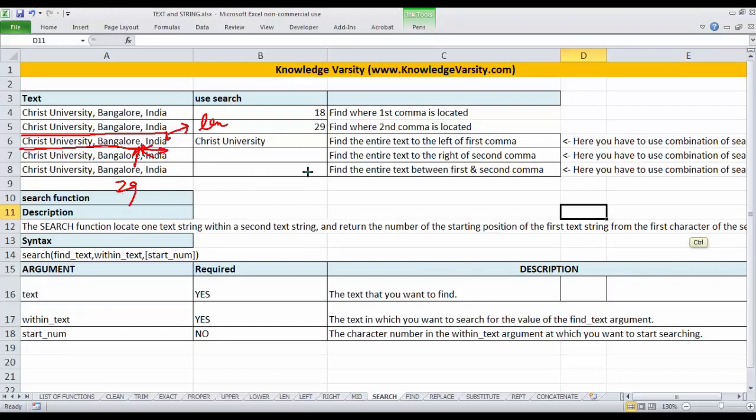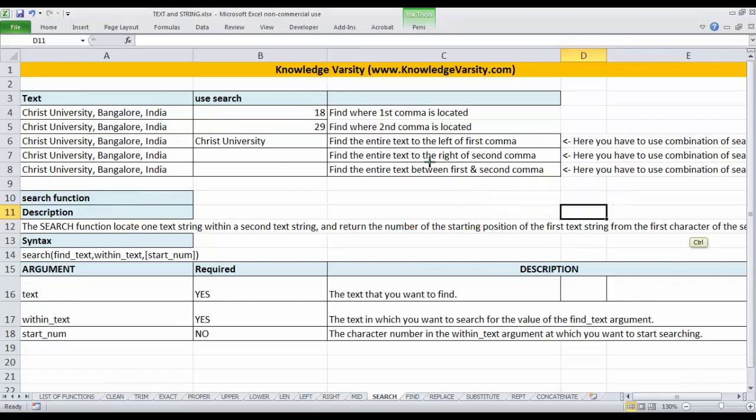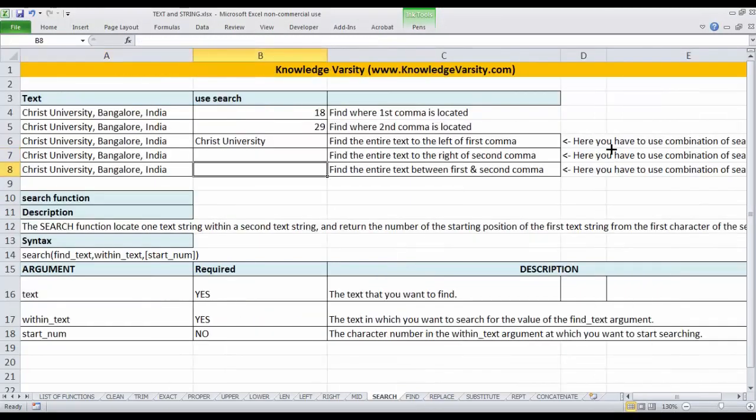So you have to use len, search, and right. These three functions you have to use to get the result. So you have to use a combination of search, len and right functions.